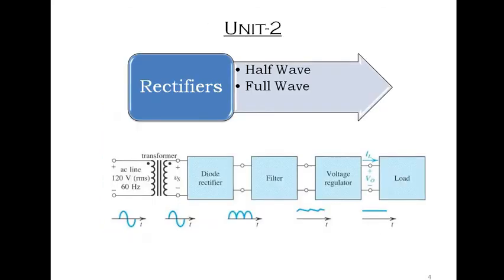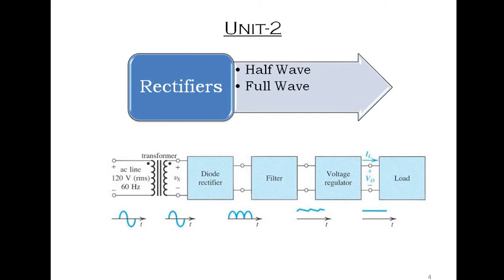Fine. Then coming to the second unit, it is all about another application of diode, the same diode we discussed earlier, right? Another application of the diode is rectifiers. In rectifiers also we have two types. First one is half wave, second one is full wave rectifier, right? So we are going to see how this diode produces a pure DC waveform at the output, what is the parameter to measure purity of the DC voltage at the output, and what are the components we are supposed to use. Those all things we are going to see.